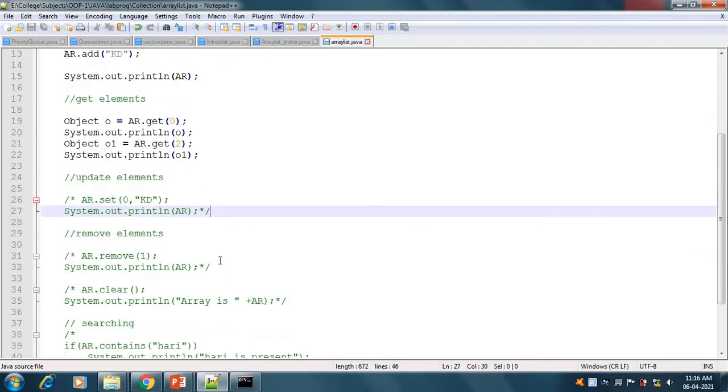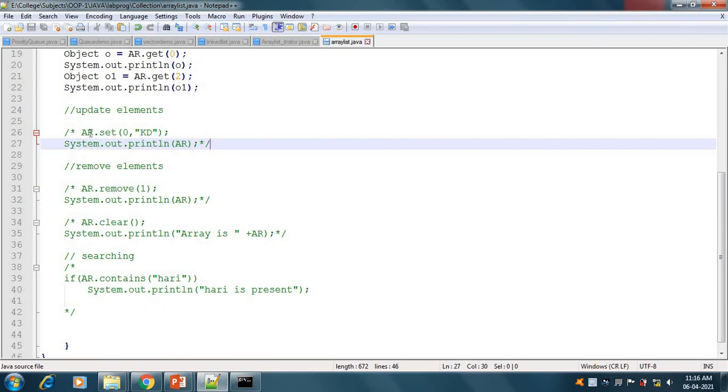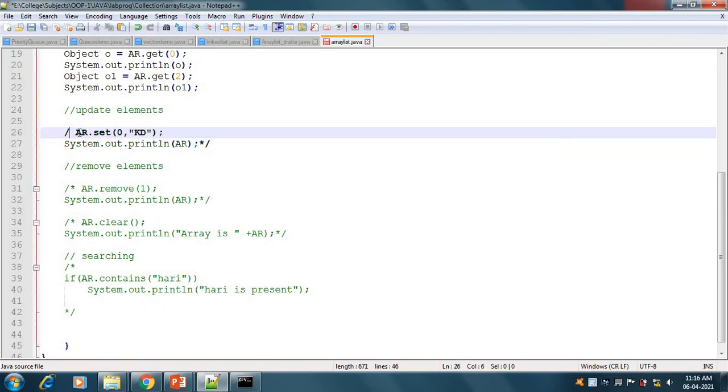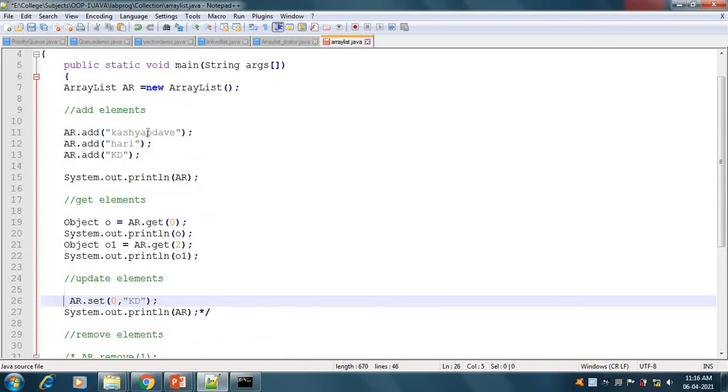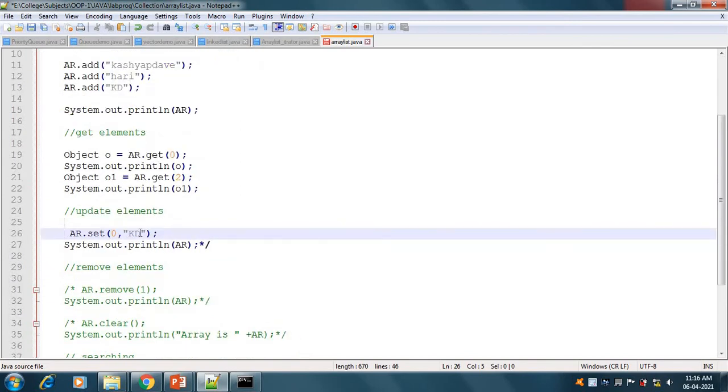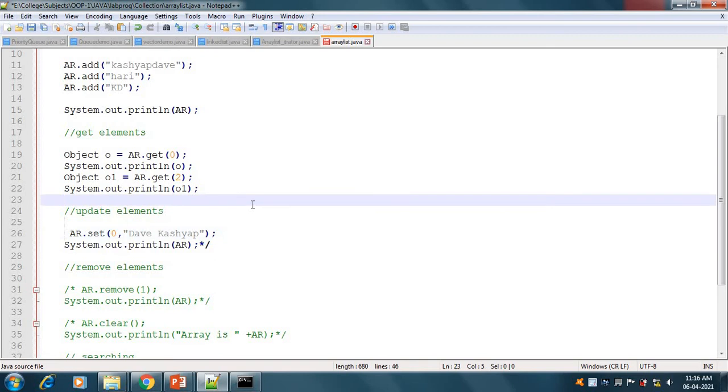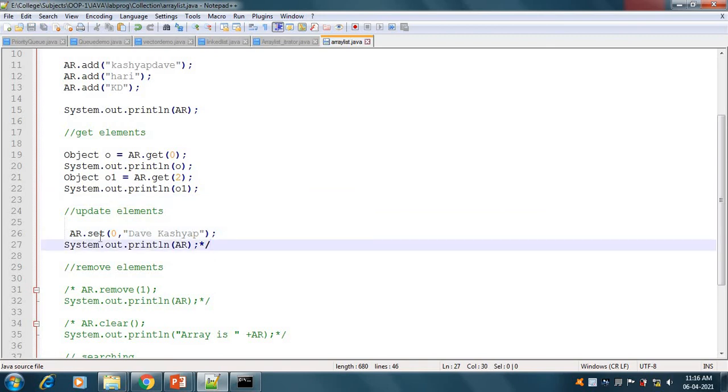If we want to update some element, meaning if I have the value Kashyap Dave at index 0 and I want it to be Dave Kashyap at index 0, then by the set method I can update the element.